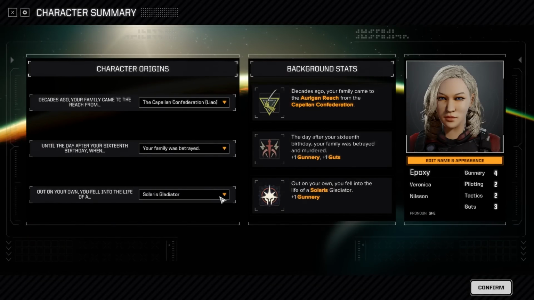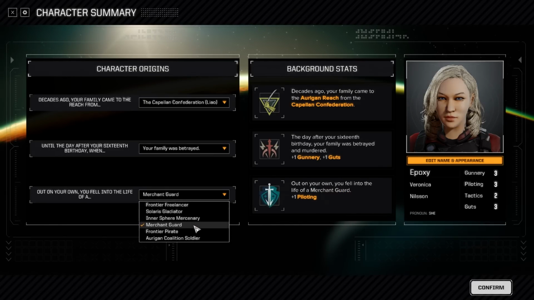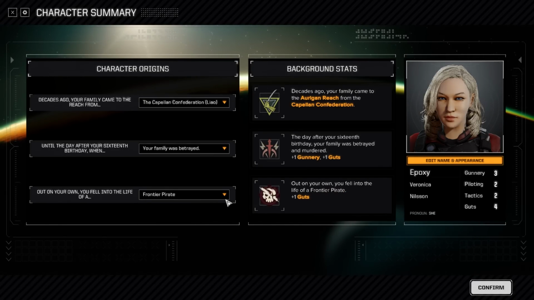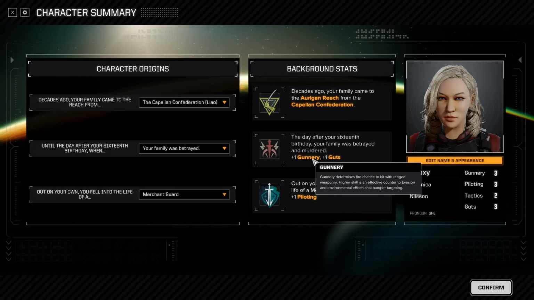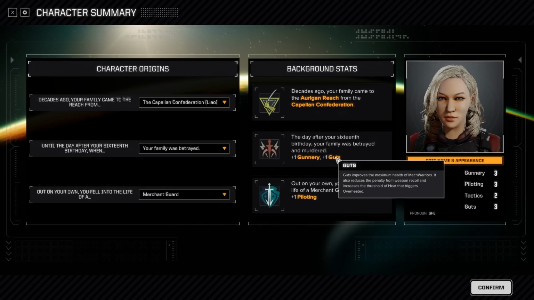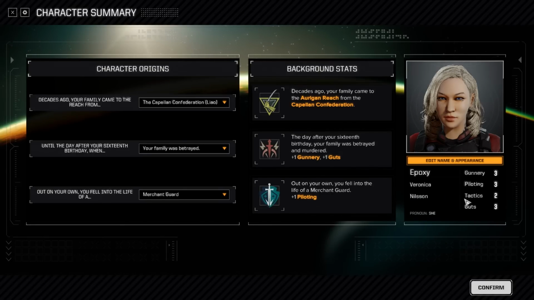Is that the only one that gives us piloting? Is the Merchant Guard? Yeah, it looks like it. Now, piloting, in my opinion, would be pretty important if we're going to be running lighter mechs. I do know that they rebound some elements of the game, and I am also excited to look into what that's all going to mean. But in this case, I think I'm going to go with the